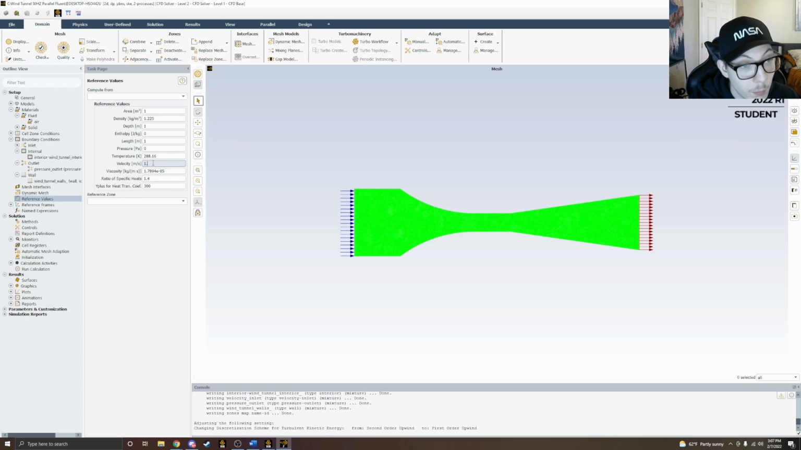Velocity, 1.34147. Viscosity, 1.4, 1.225. Okay, so it's using air. Compute from velocity inlet. Yeah, okay, that's why I said 1, because, okay, that makes sense. Okay, cool. So now that that is all set up, we are going to head into